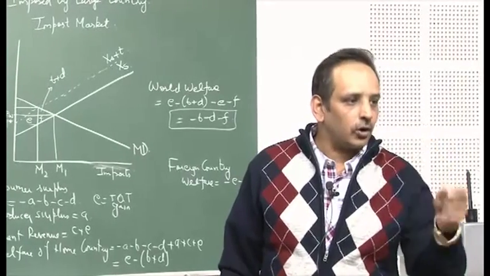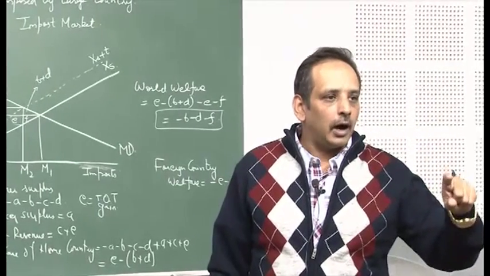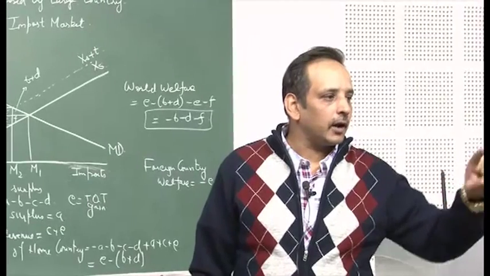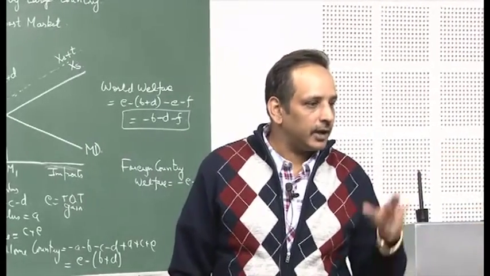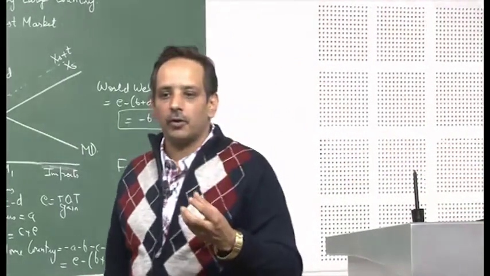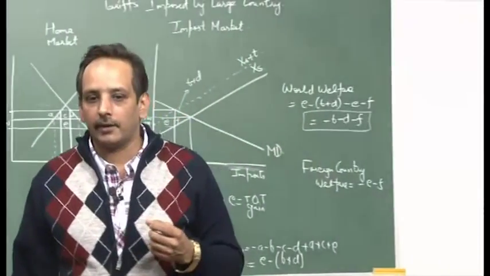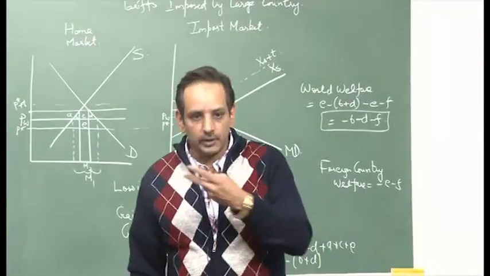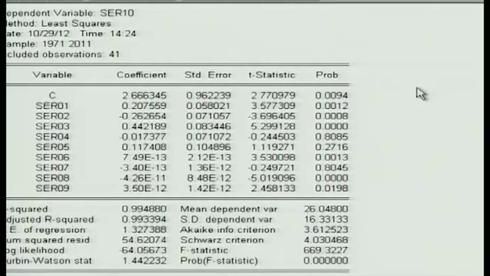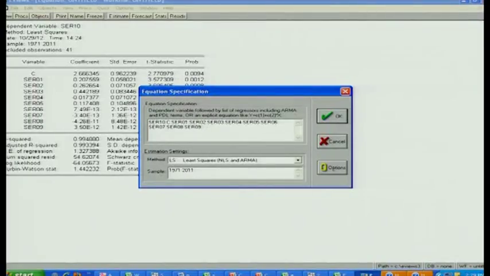So, if you give a shock to the system, how will the variables be affected after certain time periods? That is the information that you get from impulse response and variance decomposition. So, we will do those two things. First, let us apply the remedial measure. It is very simple. If you have to apply GLS, what you need to do is do